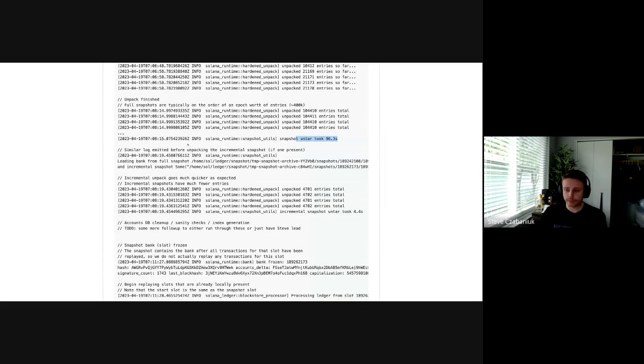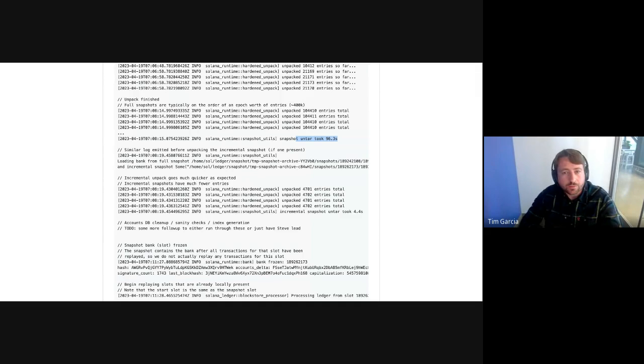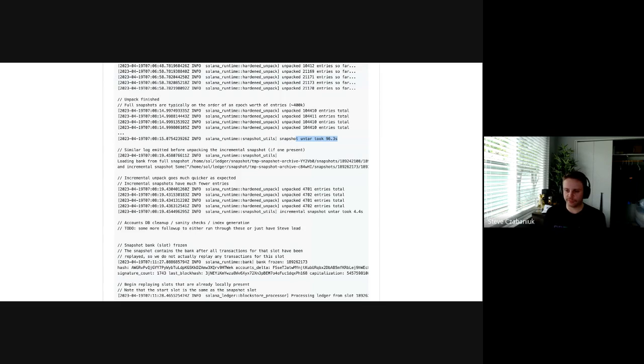Talk a little bit about, sorry, Steve, what that unpack is actually doing. Is it just putting it on disk and untarring it? Yeah, exactly. So the snapshots, as I'm sure everybody here is familiar, are kind of like your save point. If your node's running, you capture a snapshot at slot X. Even if your node progresses to X plus 50, if you stop and restart, you go back to